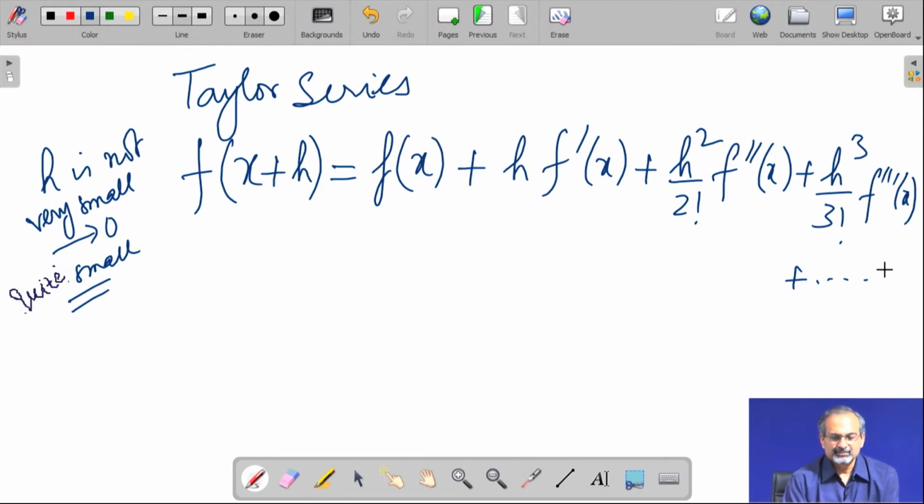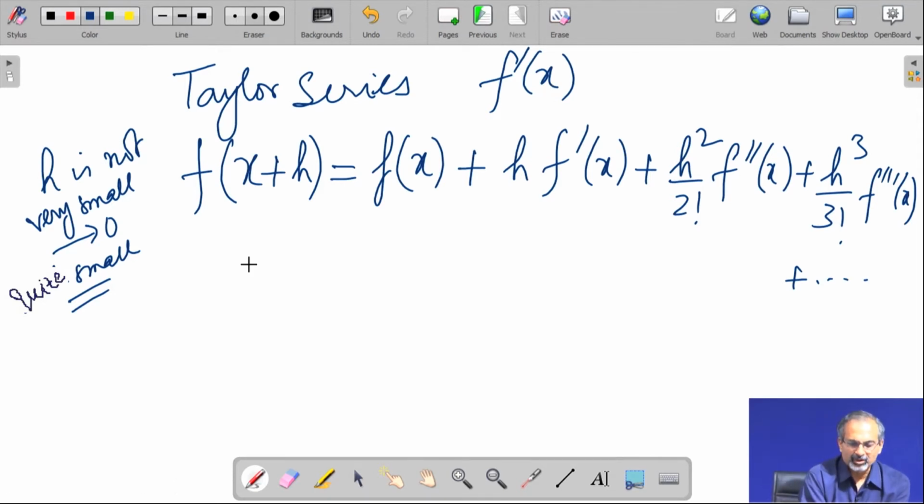From this equation, can I have an estimate of the derivative which I am looking for, which is nothing but f dash x, and I am trying to compute the derivative at the point x, mind it. For that, I need a small rearrangement to be done here. I can write it like this.